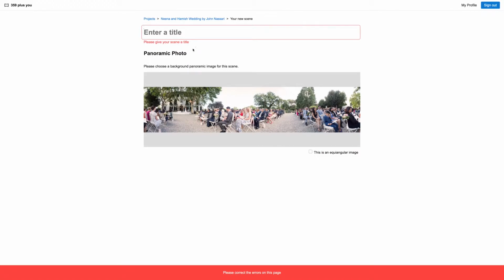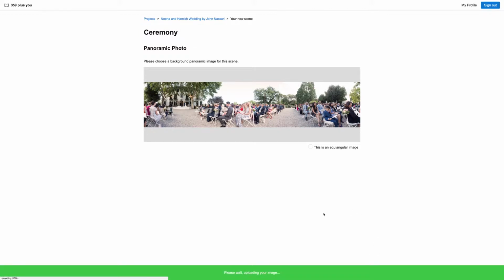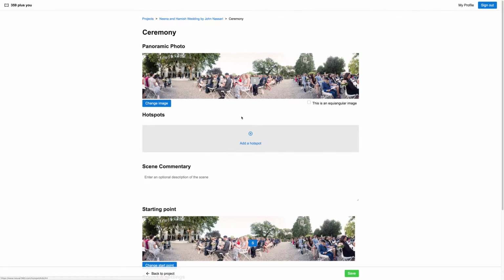First it needs a title, of course. So we're going to call it ceremony. And now we see bottom left a load up. It's quite quick. So at this point it's loading. And now it's loaded. So it shows me an S, which is the start point of where the image opens